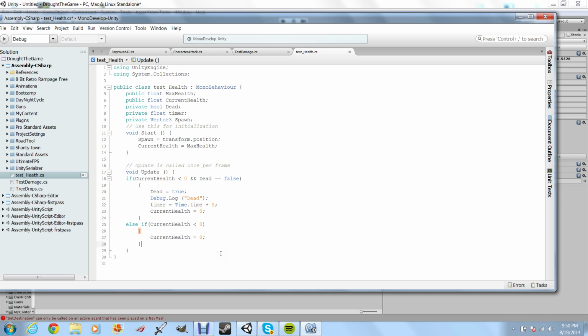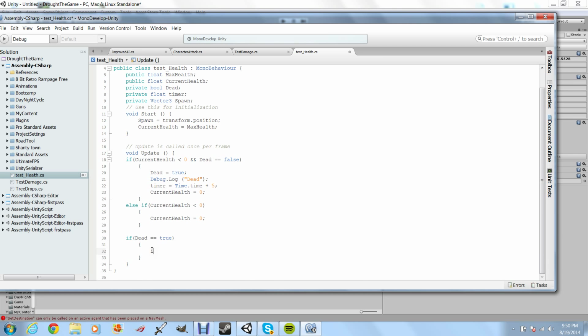Now, from this point, we can also do if dead equals true. We already Debug.Log dead, so if dead is true, I'm going to do this later so that you can continue to stop player movement or carry out other parts of the script, or maybe even an animation of the player falling over. So if, let's say, timer is less than Time.time, then